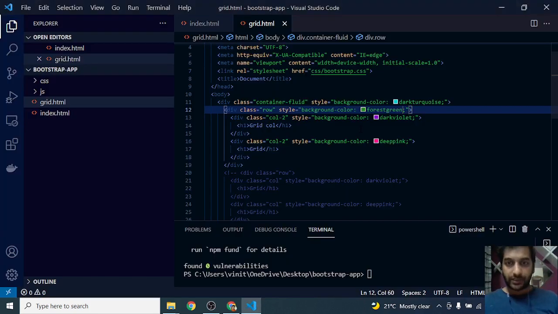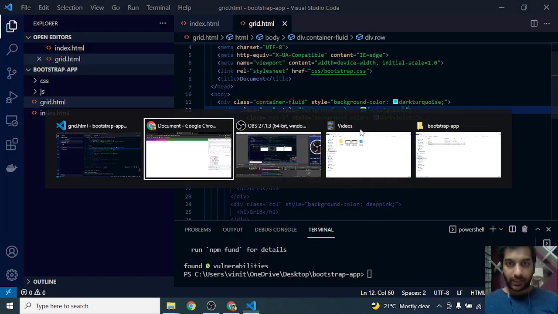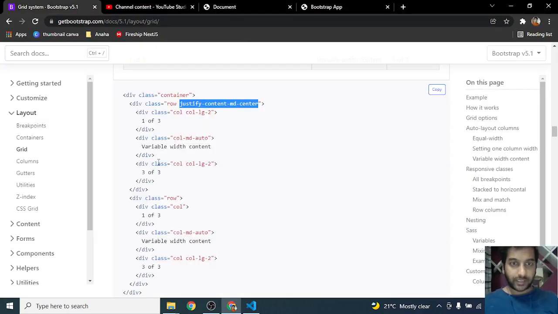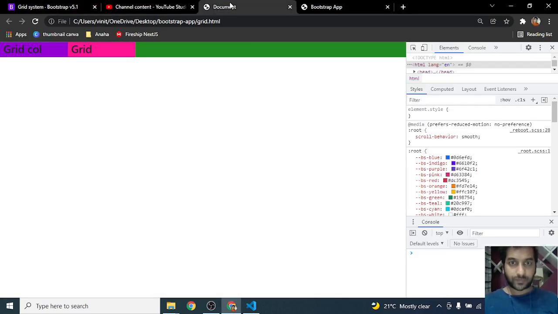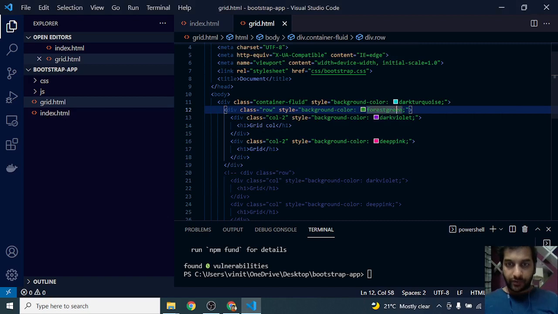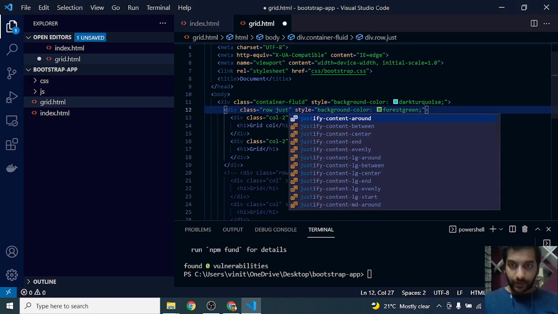So what I'll do is add something called justify content, right? I'll try to add justify-content-center. So inside of the row, after the row, I'll add justify-content-center.